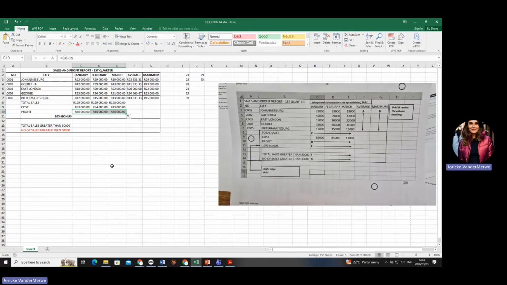Let's go to E. And this is probably the most difficult one from all, except maybe for F and G. Determine 10% bonus on profit. If the profit is greater than 45%, display the answer, or else 0. Okay. So this is actually going to be an if. Okay. So they want you or the computer to go and say, if this amount over here is bigger than what?